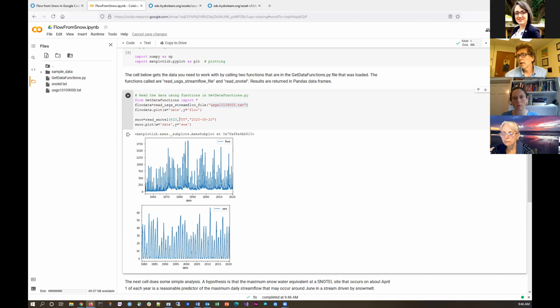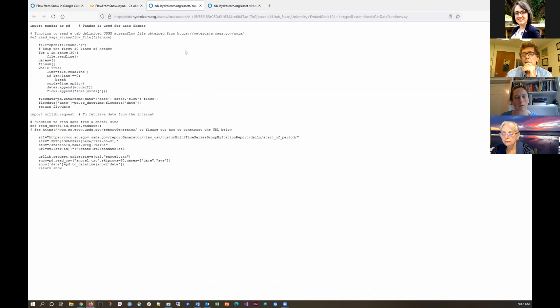So this actually went out to the web and downloaded information from the Snotel site rather than it having to be user supplied. So this is another way that you might help your students use real authentic data in a learning context. And if you look back at the code here, you can see actually how it was done. It's specifying the URL of a Snotel website and